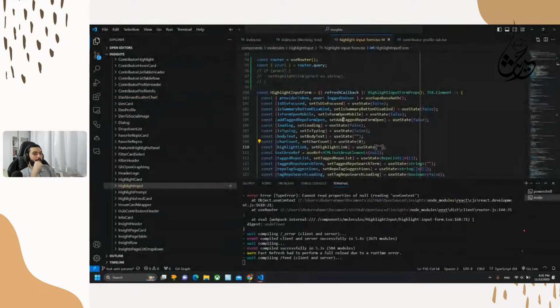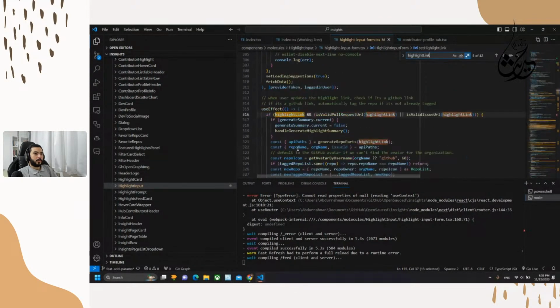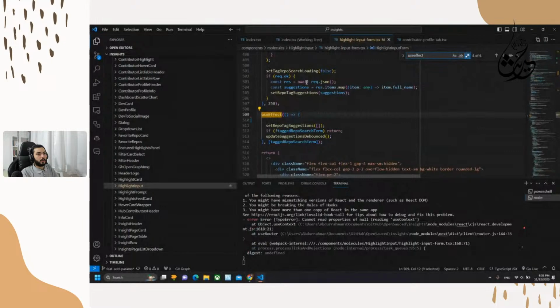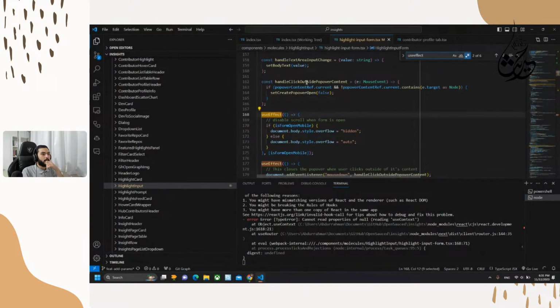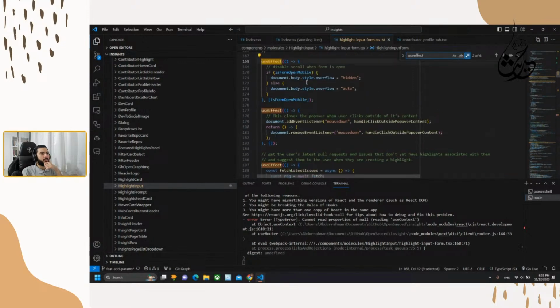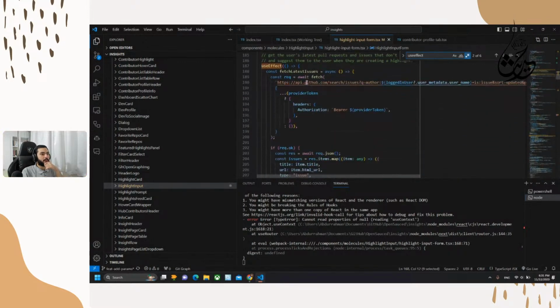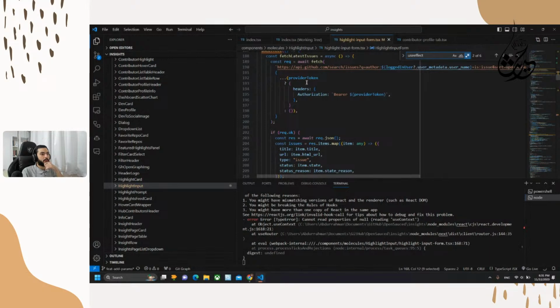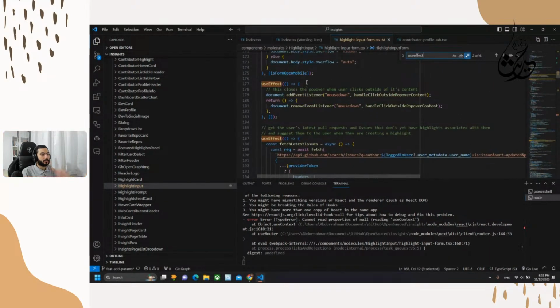And do we have to use effects here? Yeah, we have multiple useEffect functions. That's interesting.